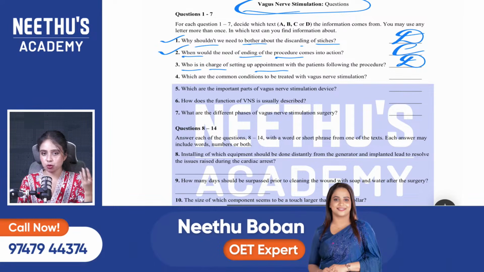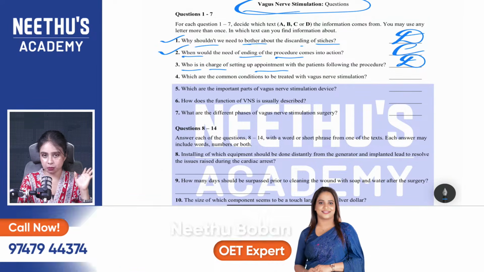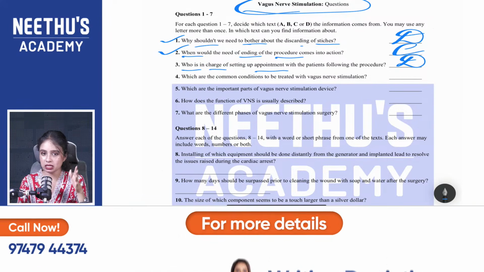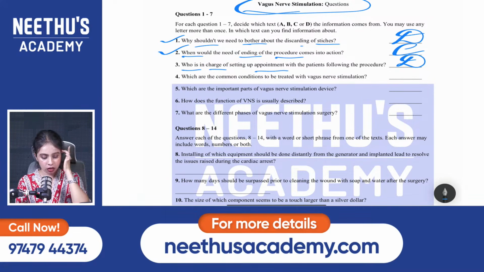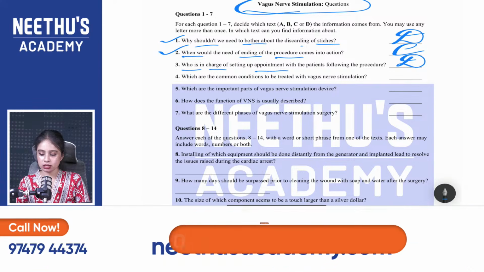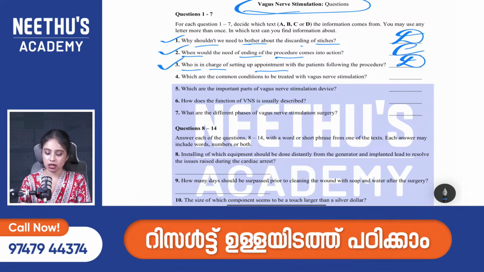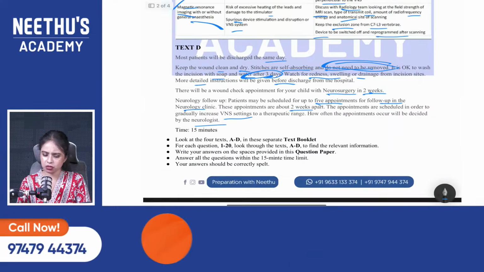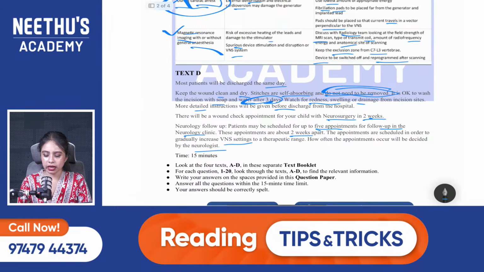If you're reading much better, definitely you can score 20 out of 20 in Part A. And others also, please do some hard work plus smart work. Okay. Yes, Dilu, Rinzu, it is D. Very good, very good. That is mentioned in D. Who is in charge of setting up appointment with? So, very direct answer from text D. Appointments will be done with the help of